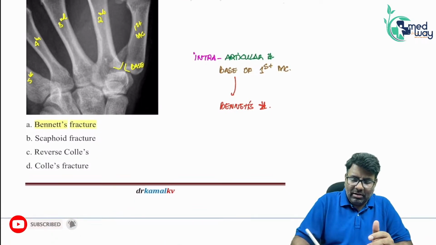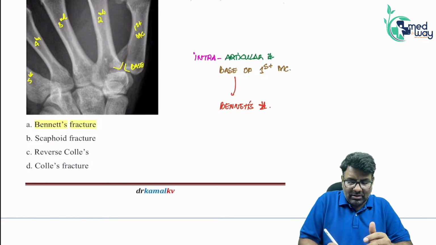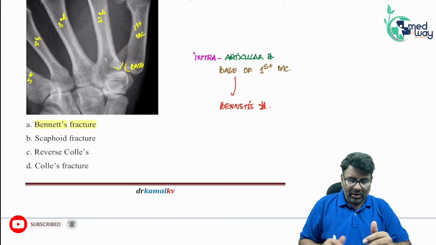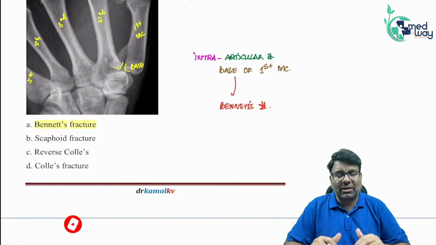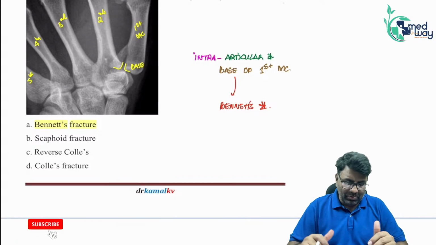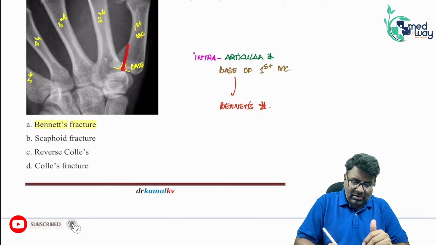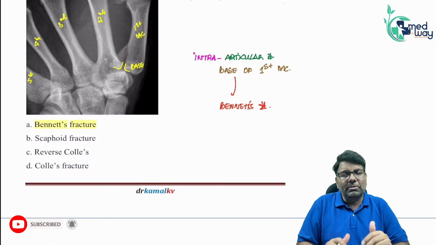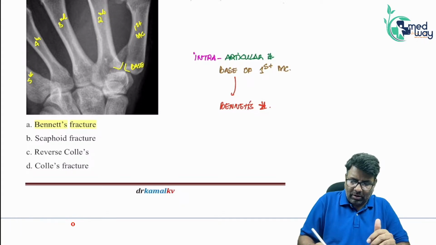Here the fracture line is almost linear, but in Rolando's it will be somewhat like a Y or sometimes like a T. This is how we differentiate the two fractures occurring at the base of the first metacarpal. In Bennett's, there is a linear fracture line extending into the joint, and for Rolando's,